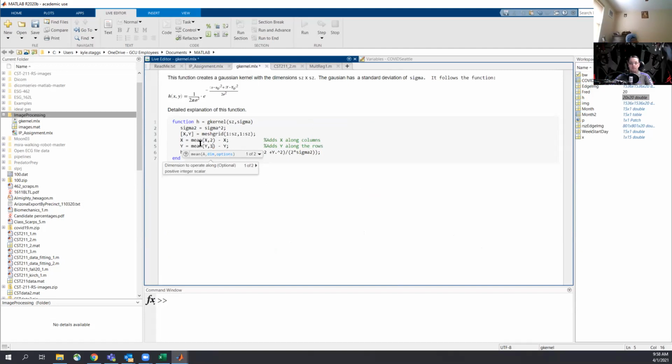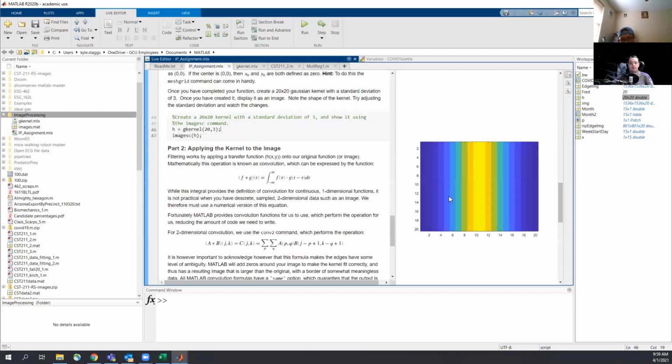So we need the default for Y. We need to take the X average along columns for the X's, and then the Y averages along the rows for the Y's. And that's what allows us to actually get our circular profile, which is what we're after. Then we can increase the standard deviation. We increased it to 5, and we reran that section. We can increase it to 10. We can see how this would